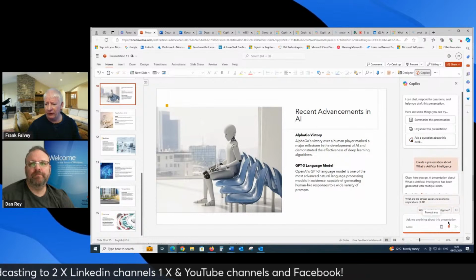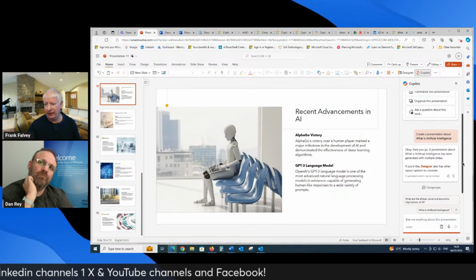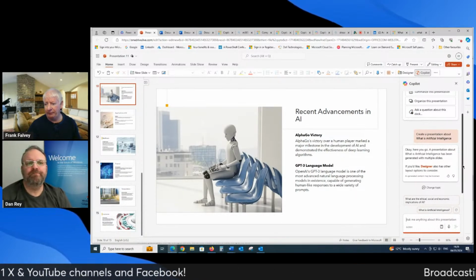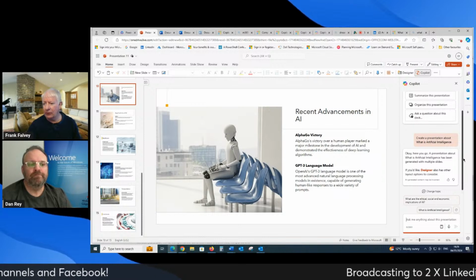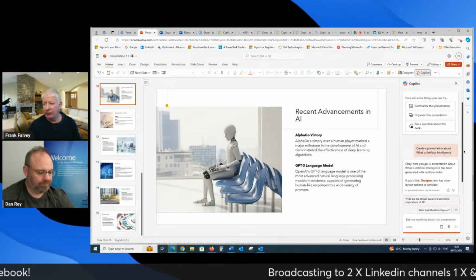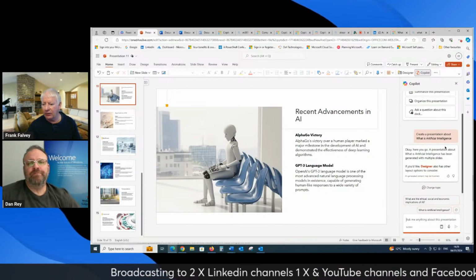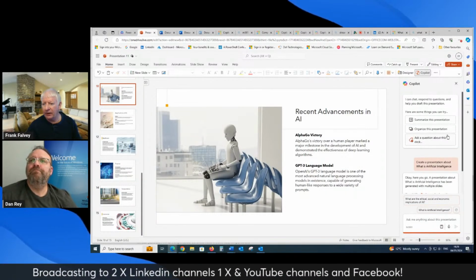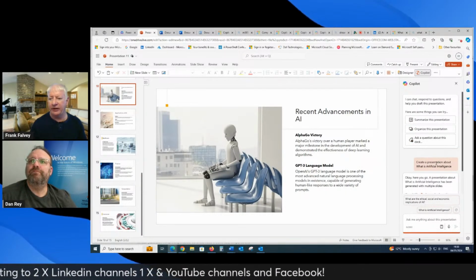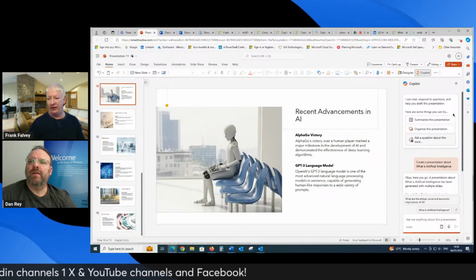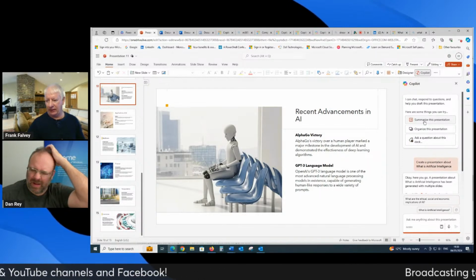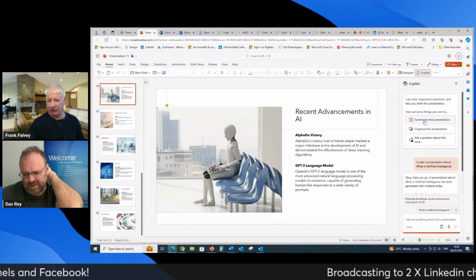You can also get it to put in other slides, create a presentation. Okay, so I don't see the one. They used to have one there that you can put in another slide, but obviously they changed it. Yeah, they've got a page